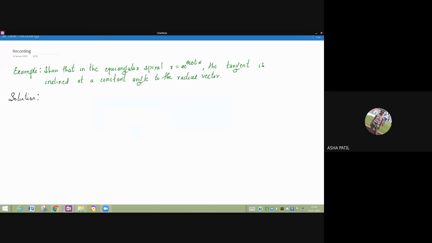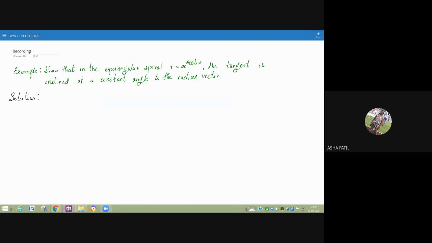Hello students, in this video let us learn about the angle between the radius vector and the tangent and also the angle between two curves. So let us consider an example. Show that in the equiangular spiral r is equal to a e raised to theta cot alpha, the tangent is